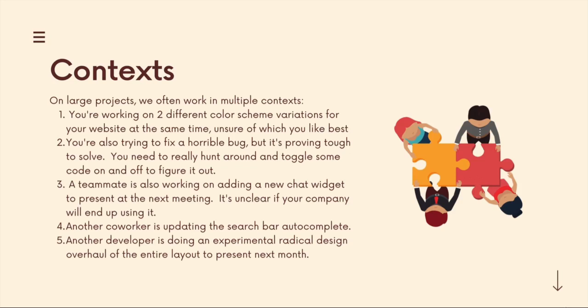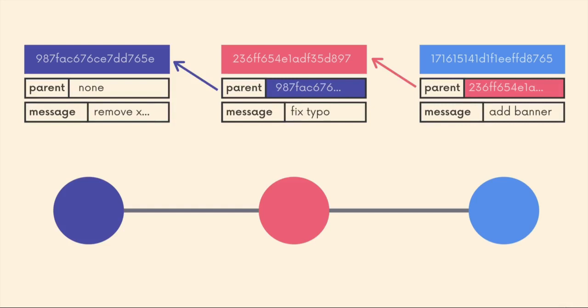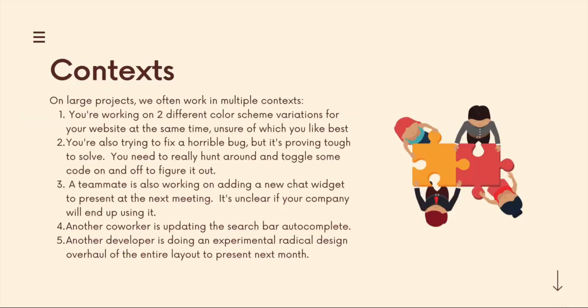If we all worked in a linear fashion, one commit after the next, this would be practically impossible. How could we be working on separate things, some of which break other people's code, right? If I'm trying to fix a horrible bug and deleting a bunch of code, removing files, I'm just making a mess, that's going to be a big problem if somebody else is trying to add a new feature. Likewise, if someone is doing a radical experimental design change on every single view of our application, everything changes, but I'm trying to work on some minor color scheme variations, or if someone's working on adding a chat widget to